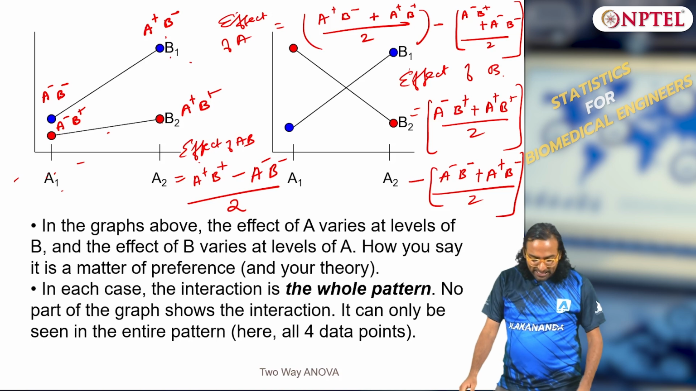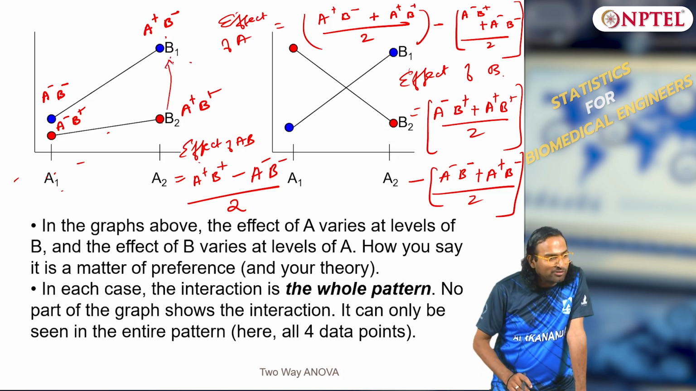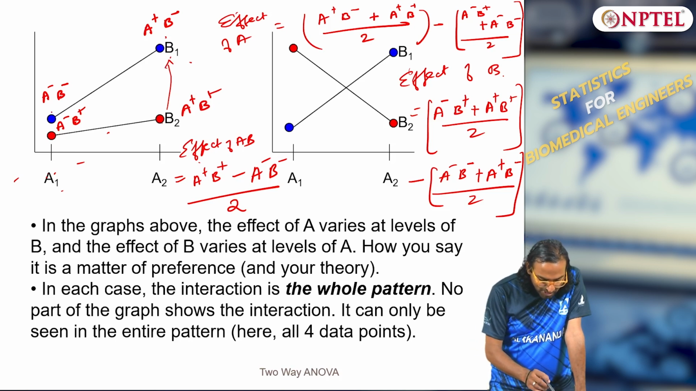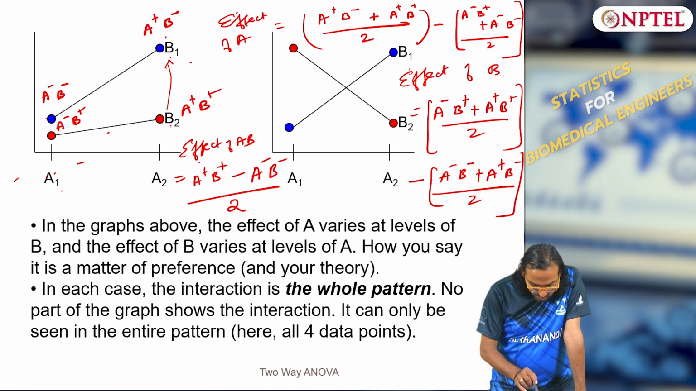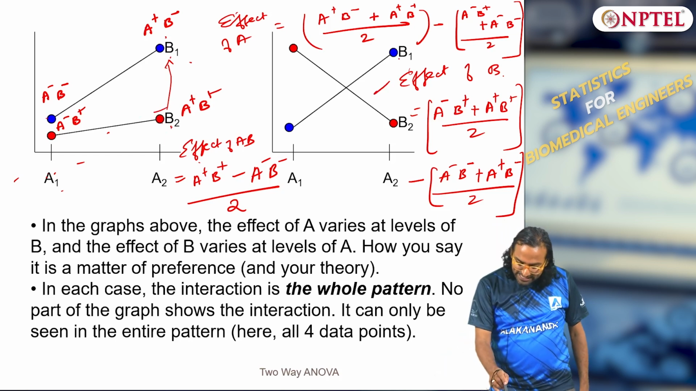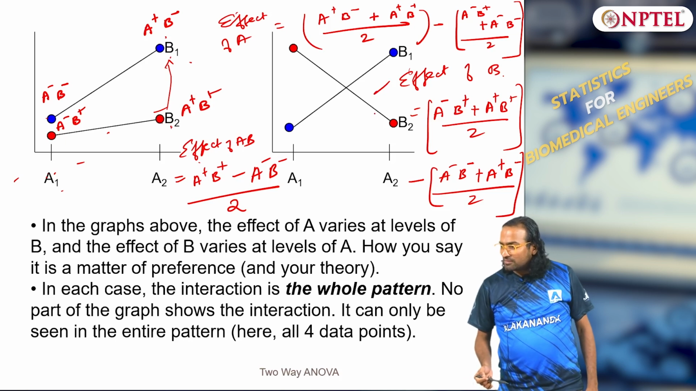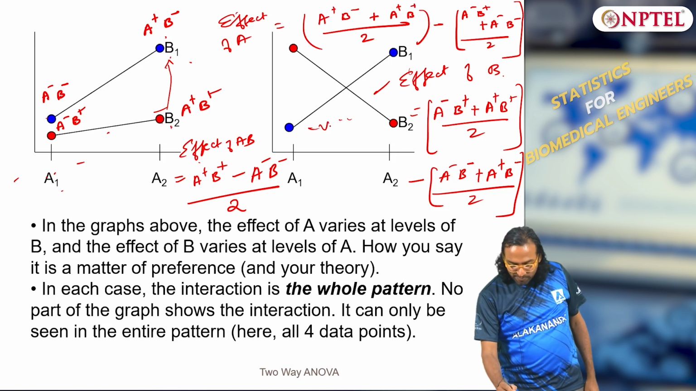If there were no interactions, how would this graph look like? The point should have shifted upwards, because A positive, B positive minus A negative, B negative by 2 is what the interaction is. Now since this point is here, when you subtract it, the interaction becomes significant here, and the worst is here. This is the worst case, a lot of interaction. This is a negative interaction, right? Here you have negative interaction,